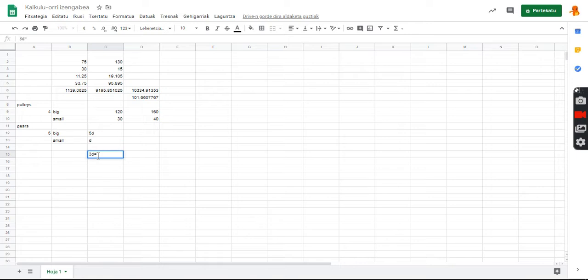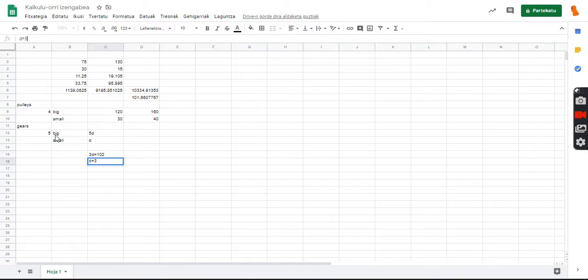And this must be 101.66. So the diameter must be, okay, this we can do. We must be very exact, but not madly exact. So 3D is 102. That means D must be 102 divided by 3, which is 30,